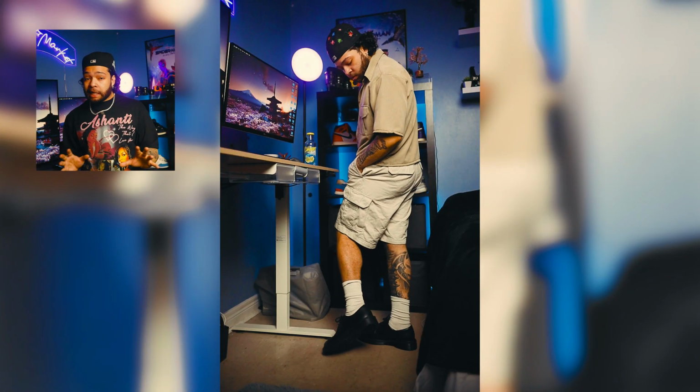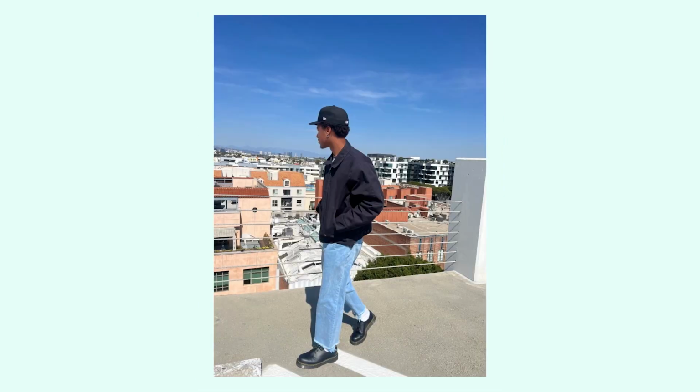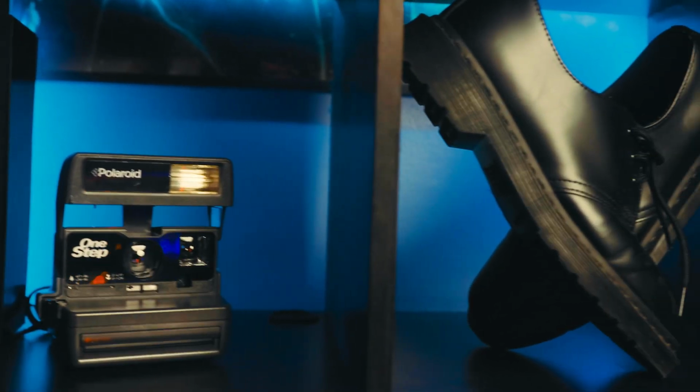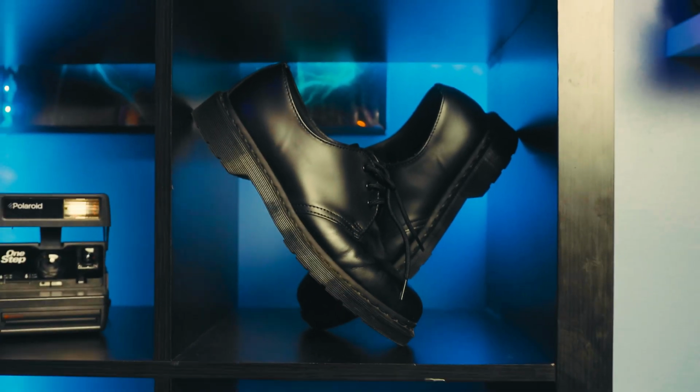And to be completely honest, it took me seeing a ton of inspiration and ways to style this shoe for me to start loving them. But I do think that these are a great pickup if you like to wear jeans, chino pants, or generally just want to elevate your style, because although these are one of the more expensive pairs, in my opinion, they are well worth it. This is due to how timeless the silhouette is, plus it being constructed from high quality